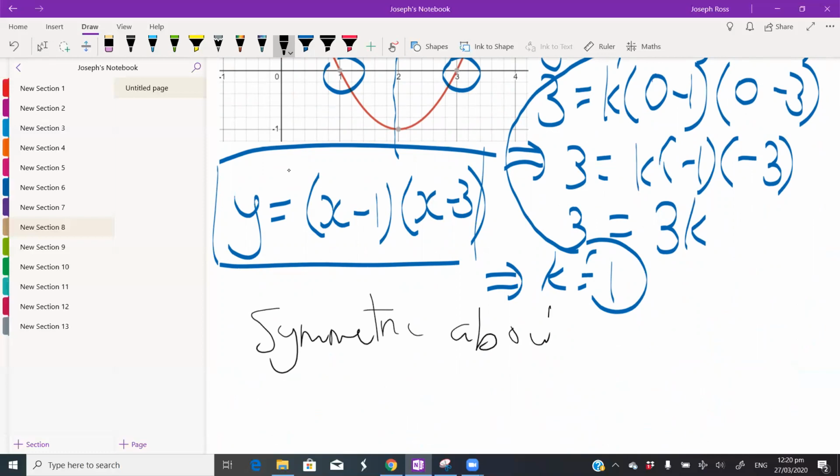Sorry, that's x equals 2. Symmetric about x equals 2. A vertical line is x equals a constant. Now, if we also want to find the vertex,